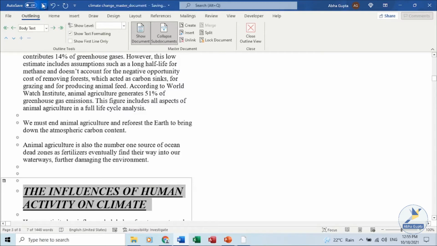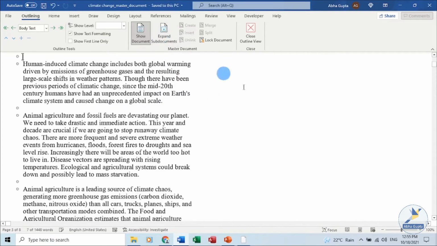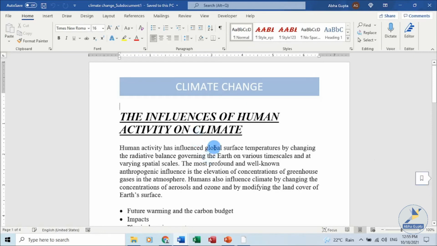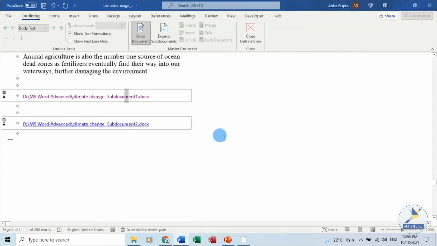Save it and collapse it. Let's open sub-document 1. You can see the changes being reflected. The changes are being saved in sub-document 1. So this is about inserting links in your master document.